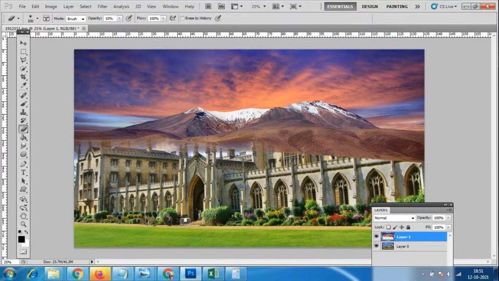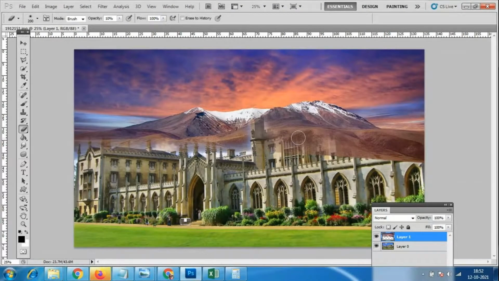Whenever it should come very lightly, what we have to do is, we have this option. Can you see, everybody? In the top, we have an option called opacity. Opacity is nothing but the transparency, and brush pressure is how much pressure we need on a brush. Suppose if we give 100%, it will completely erase it. So now I have given only 10%, 5% or 20%, so slowly it will give those natural things. Only that much will come. So however much I want, only that much.